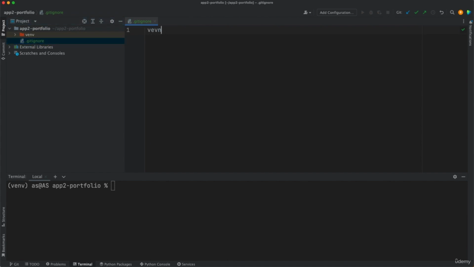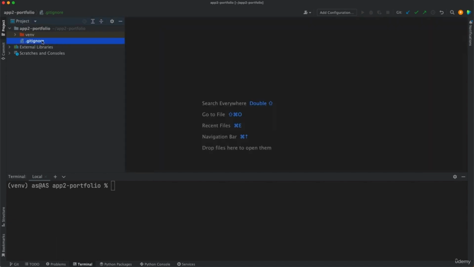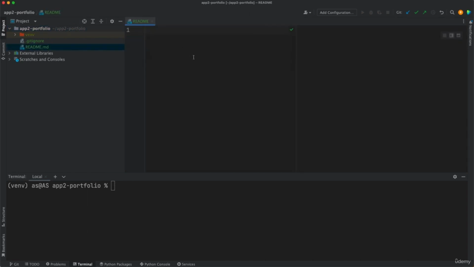So now in here we want to exclude the venv folder from tracking and also the .idea folder, which is where the settings of PyCharm are saved. You can close that .gitignore file, and then this time, we didn't do this before, but this time we're going to create a readme.md file. This is a file which accepts Markdown language, which works like this. So if you write what is this project and you use that hashtag there, that's going to display